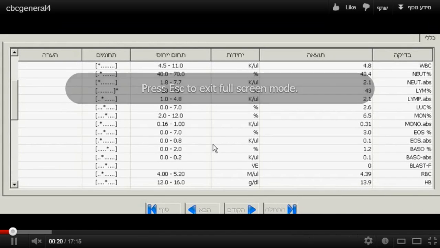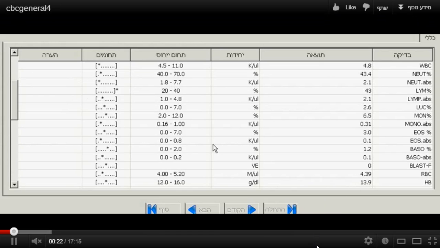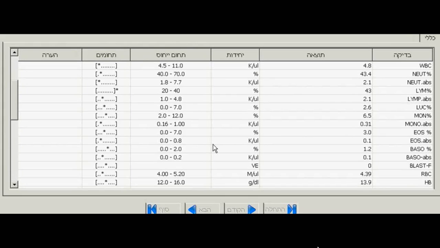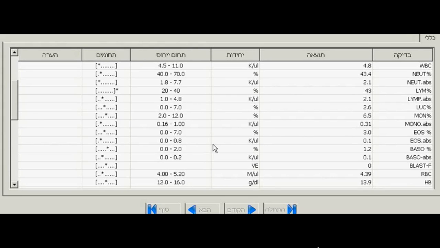Good morning. This is a lecture on the blood count, complete blood count, which is called a CBC. And here we just want to get the general basics. This is a blood count of a lady age 65. And here you can see that